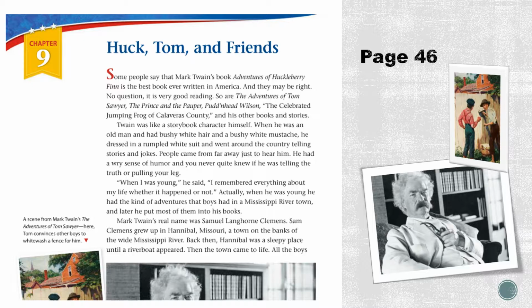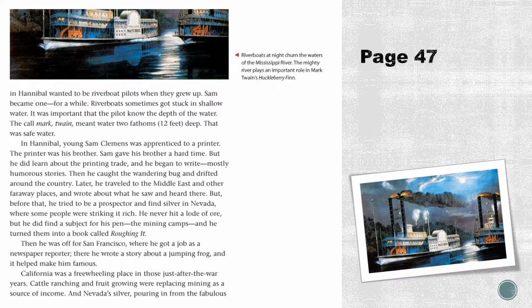His real name was Samuel Langhorne Clemens, and he grew up in Hannibal, Missouri, which is a town on the banks of the Mississippi River. As you move on to page 47, you learn a little bit more about Hannibal and how riverboat pilots were very common, and Sam grew up to be a riverboat pilot for a while,